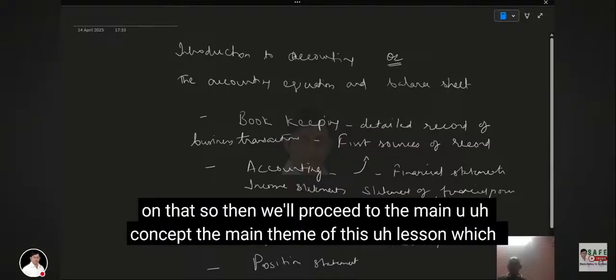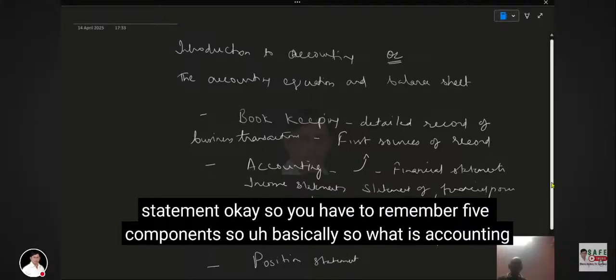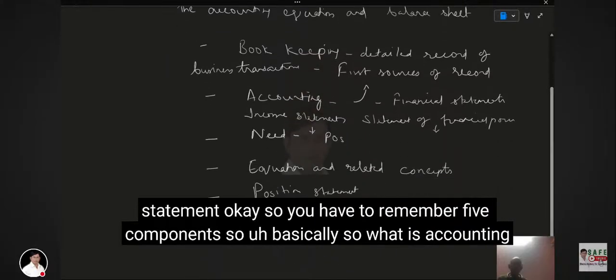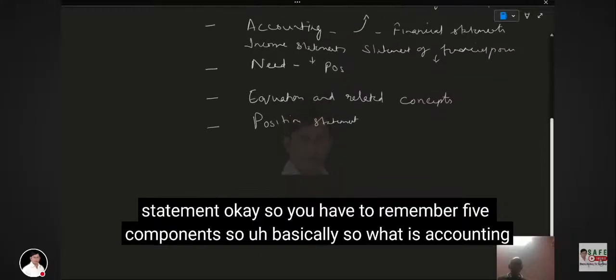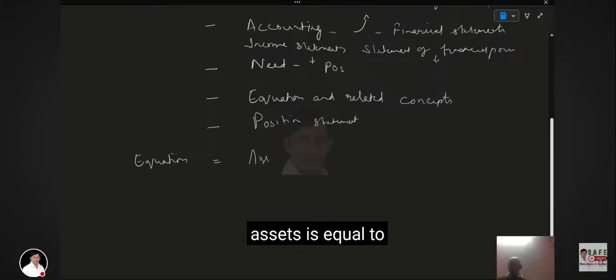So explain the meaning of concepts. The main theme of this lesson is the accounting equation and related concepts. Explain and apply the equation and related concepts and positions. Understand the statement of financial position. Record assets and liabilities. You have to remember five components. So what is the accounting equation? The accounting equation is assets is equal to liabilities